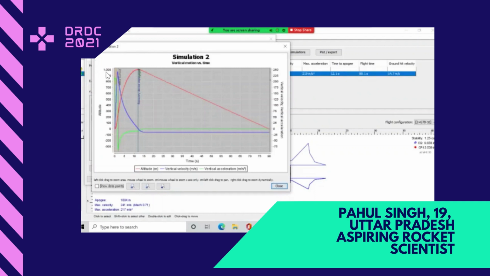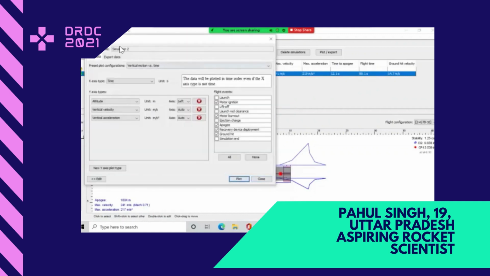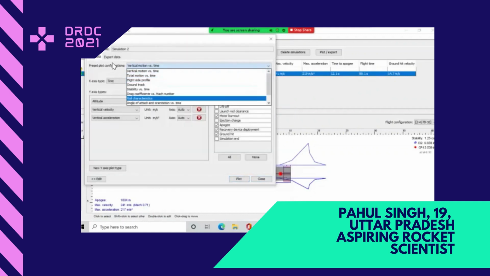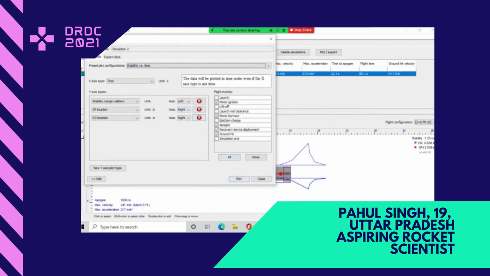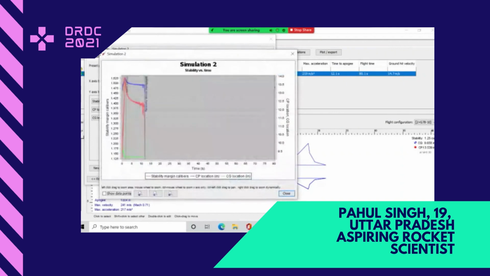Then comes the stability graph. Stability versus time. As we can see, post the initial phase, the whole rocket during the journey is in almost a linear line, present between 3 to 10 seconds. Because of the initial impulse, the stability goes very far up, and then it becomes nearly stable.